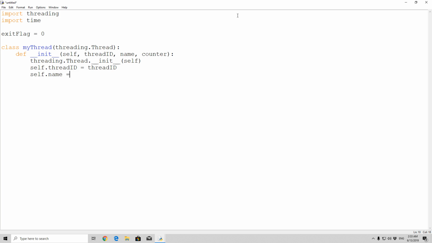Self.name will be equal to name, and self.counter will be equal to counter. Okay, so we defined all of the 4 variables that we had defined in the init method of our class. Now we need to define the run function that is going to have the self argument,